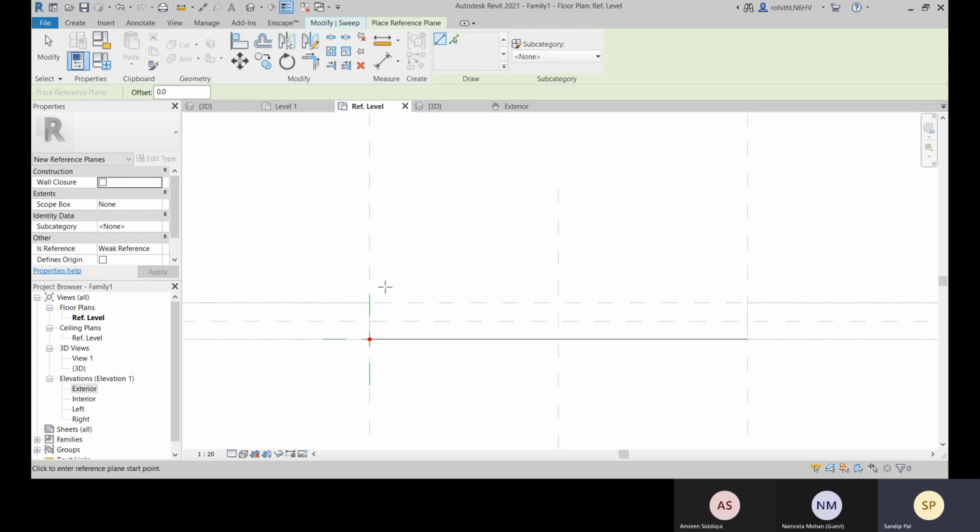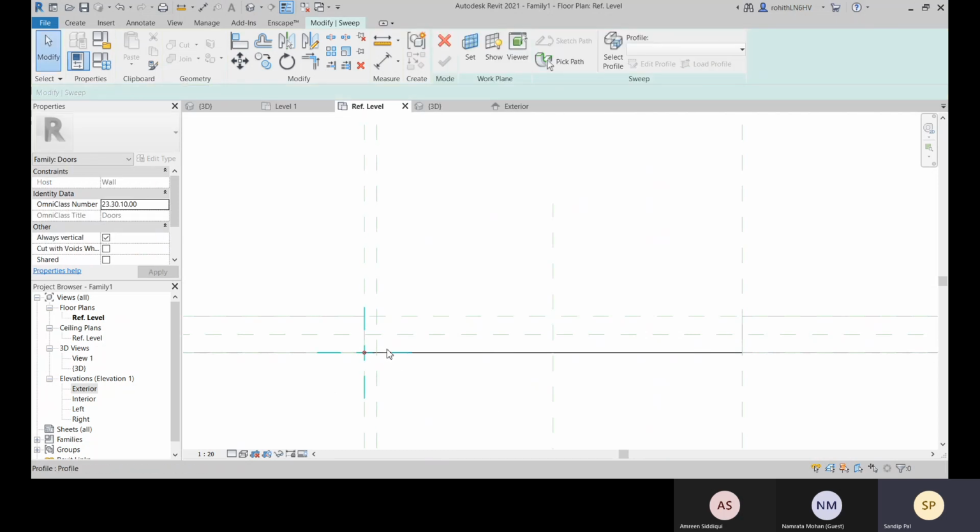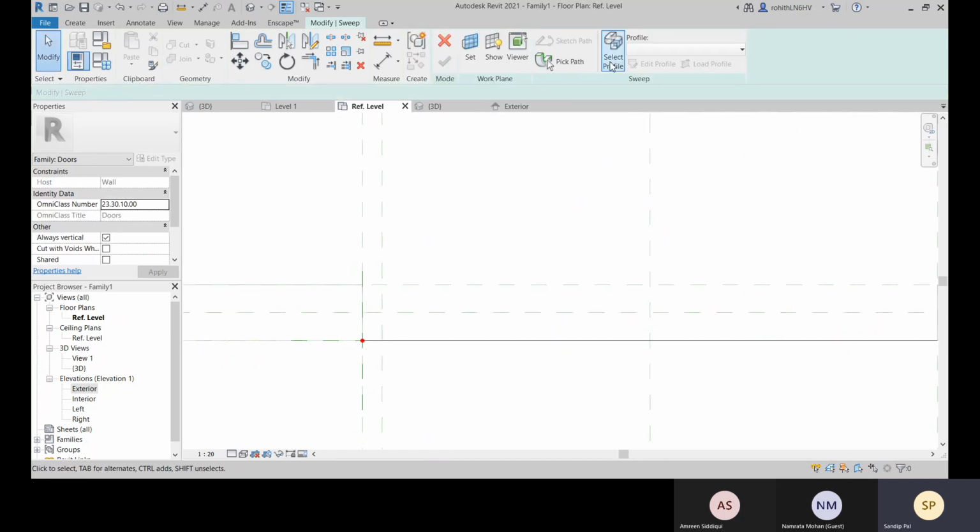Let's keep the reference plane about offset. We will not assign to this side because this profile will be having the profile around this 3D path we have selected. So no need to create a reference plane to this side. Now we will create our profile.